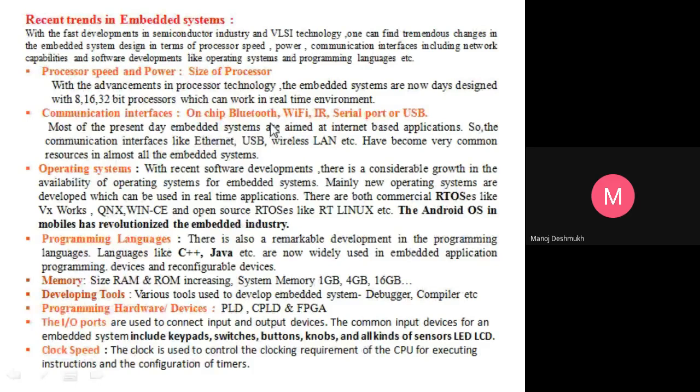Like Bluetooth, Wi-Fi, infrared, the serial communication port, or USB. USB is again version 1.0, 2.0, 3.0, and higher versions keep being developed so that data transmission is faster. And then fiber optic cable is also there.